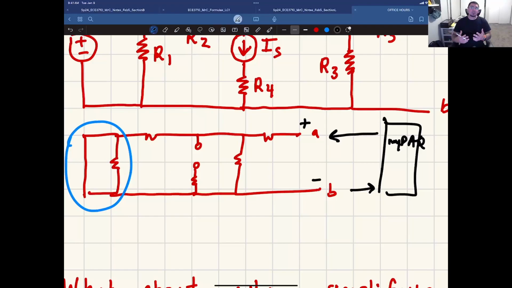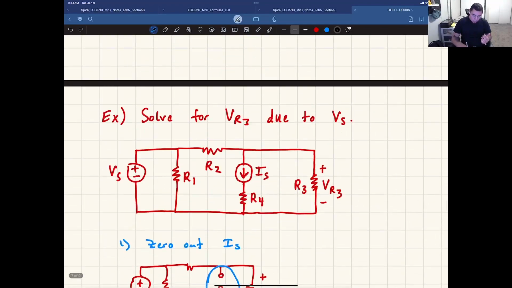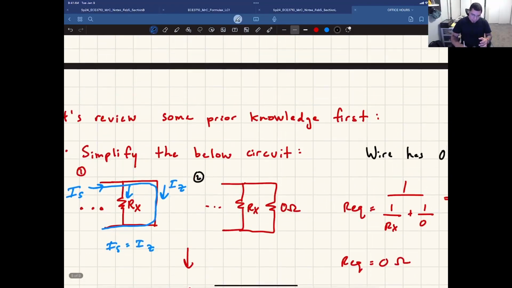When we ask you to find R Thevenin, you're really trying to find the resistance of the circuit that a MIDAC would measure if you zeroed out your sources, or turned off your voltage source and turned off your current source. So my whole premise that